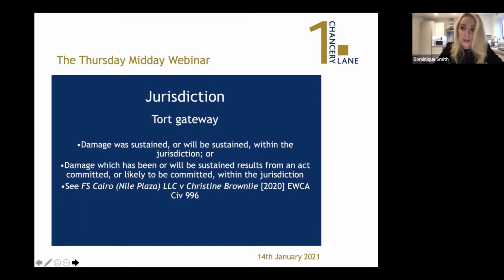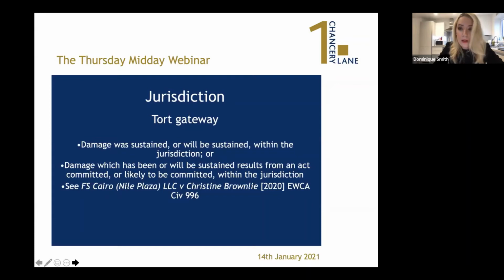The most recent decision of the Court of Appeal in Brownlee 2 upheld the extensive oversight of the Supreme Court judges in Brownlee 1 in respect of the tort gateway and the meaning of damage. And the main issue ultimately was whether damage was limited to direct damage, i.e. physical injury and/or death, or whether it extended to indirect damage.